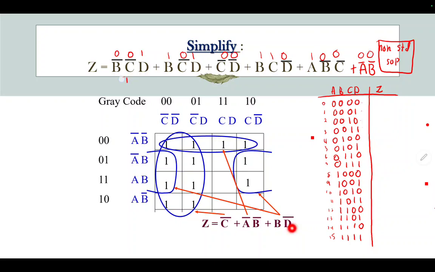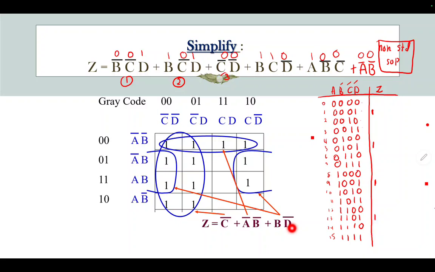Now you can look at number 1, B bar C bar D, 0, 0, 1. You locate the position at B, C and D: 0, 0, 1. So we got a 1 here, then you got another 1 here, because you don't have A, so A can be either A or A bar. Now look at number 2. You don't have A, so A can be A or A bar. So B, C, D should be 1, 0, 1. You look at 1, 0, 1 here, and then another 1, 0, 1 over here.